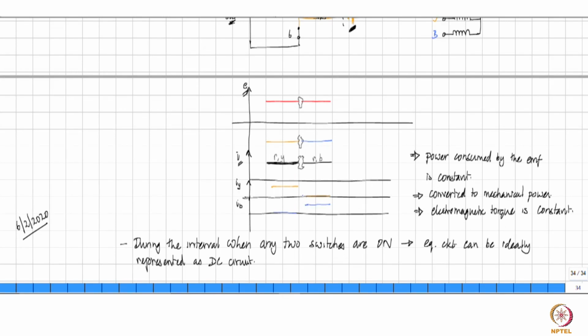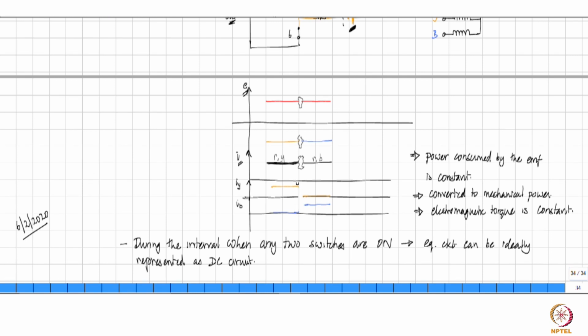But the fact that there is an armature inductance, it will not allow this current waveform to be like this. If it were like this, then there is no ripple that is going to be produced in electromagnetic torque. Whatever was happening in one phase is simply being implemented by another phase. But this is not going to happen because of the inductance, and therefore the situation looks different.